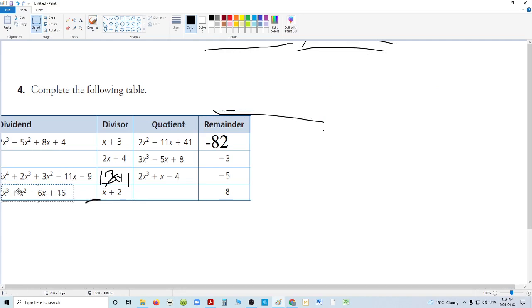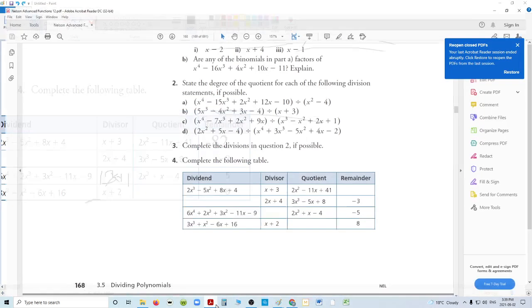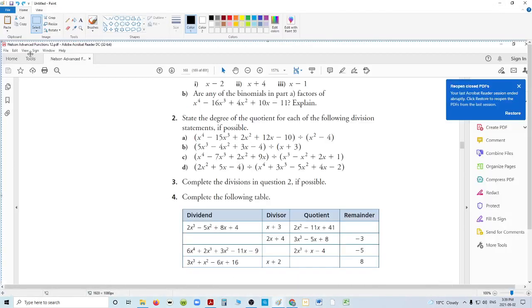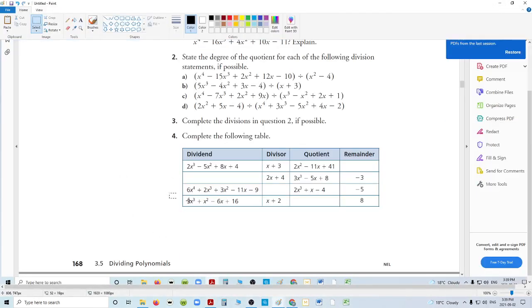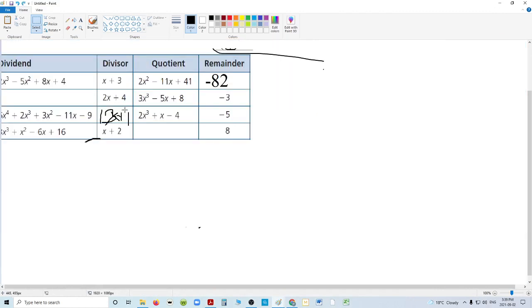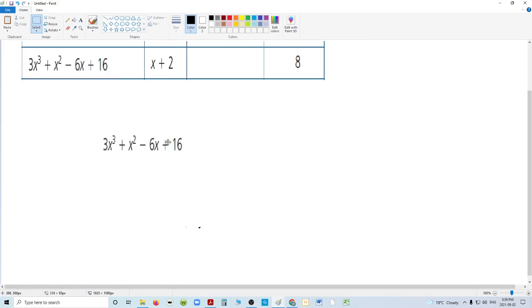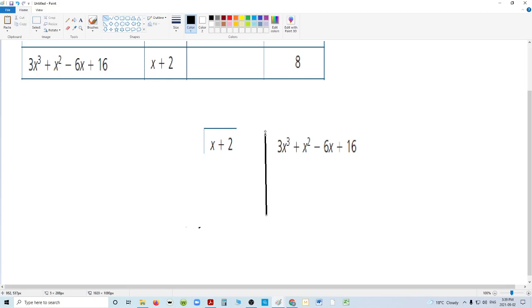So the next one simply says, if I take this, and actually I can't quite see it, so I should copy this again. I'm only concerned with the last box. And by the way, I could have made some arithmetic errors, but I'm pretty sure that last one I didn't because it came out perfectly. And I will have to stop at this one. And this one's very simple. It simply says, when I take this and divide it by this, what quotient am I going to get? And they even tell you the remainder is 8, but you don't need that. You can just do long division